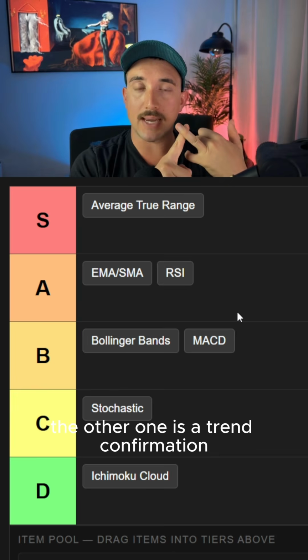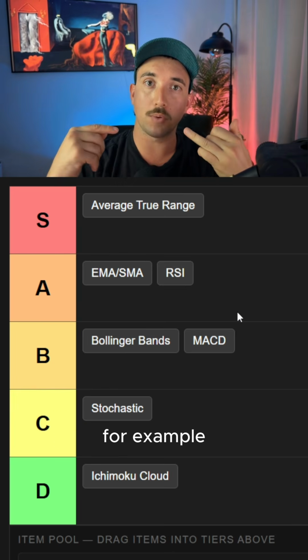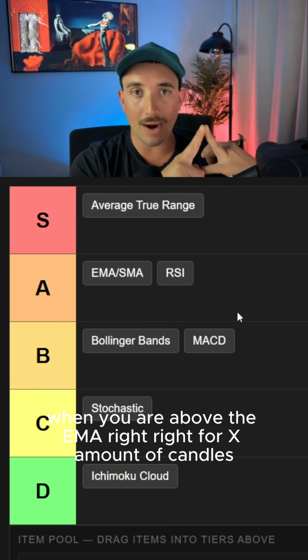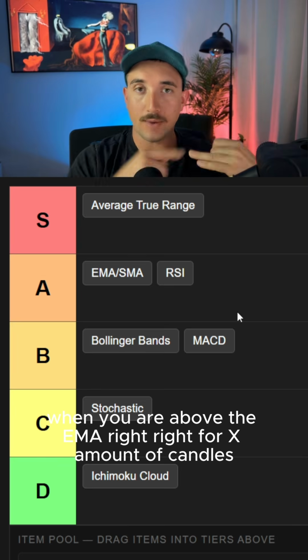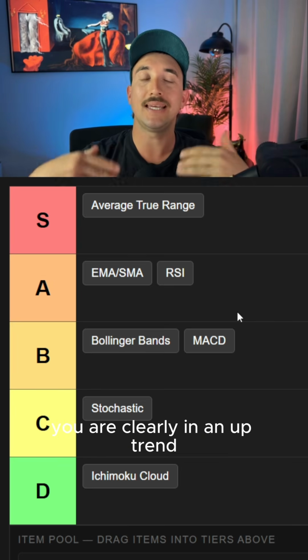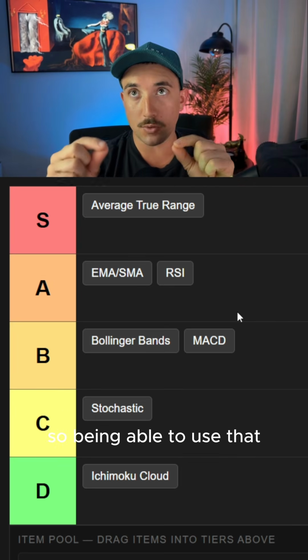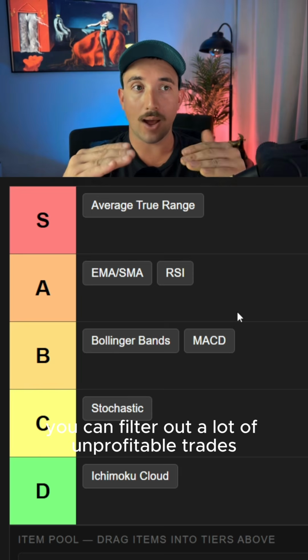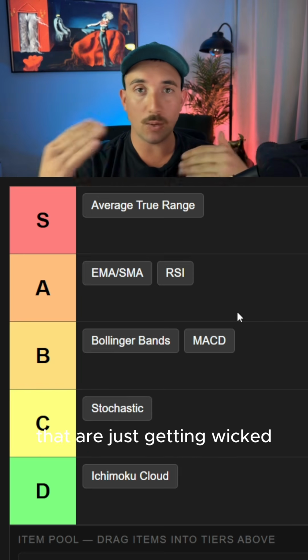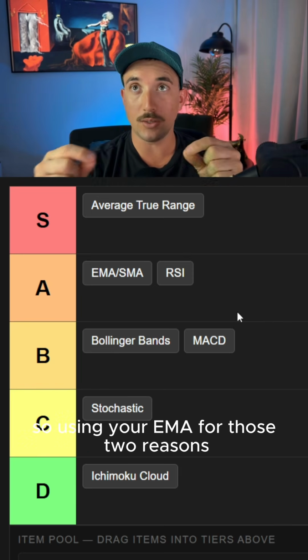The other one is a trend confirmation. For example, when you are above the EMA, right, for X amount of candles, you are clearly in an uptrend. So being able to use that, you can filter out a lot of unprofitable trades that are just getting wicked in and out. Okay, so using your EMA for those